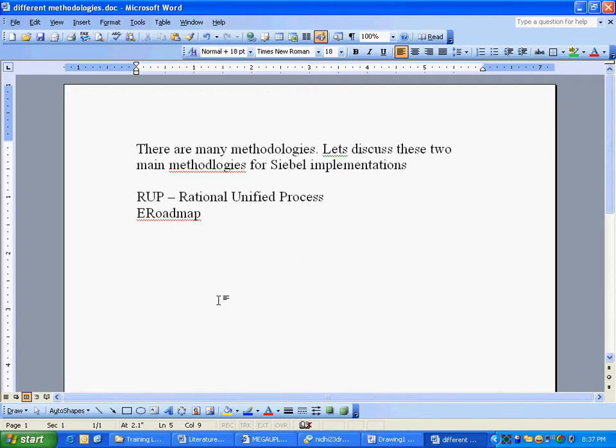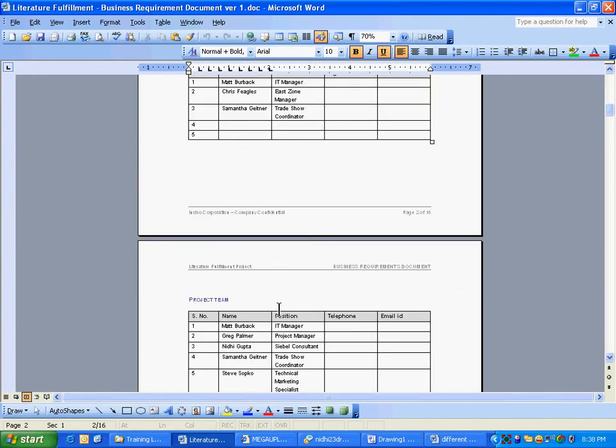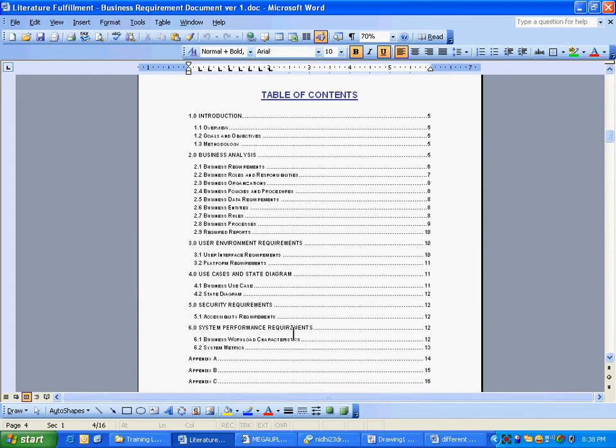So this scoping at the top is basically, I was thinking why there is a disconnect. This is really not present in RUP. That is a disconnect here. In the business requirements, there is a section which says this is the scope of the business requirements. So in RUP, a separate scope document is not required. Scope is required, but there is no separate document for that. For example, I'll show you the business requirements document now. This is a business requirements document that we made for one of the companies.